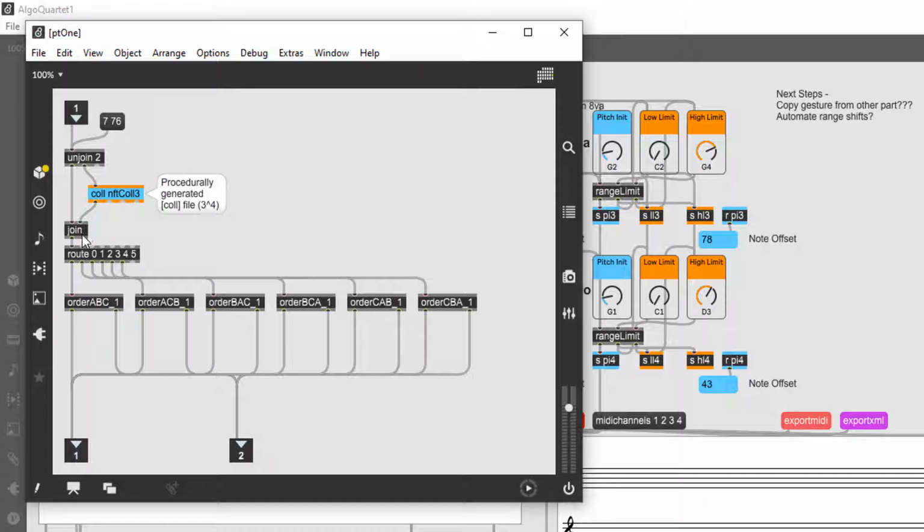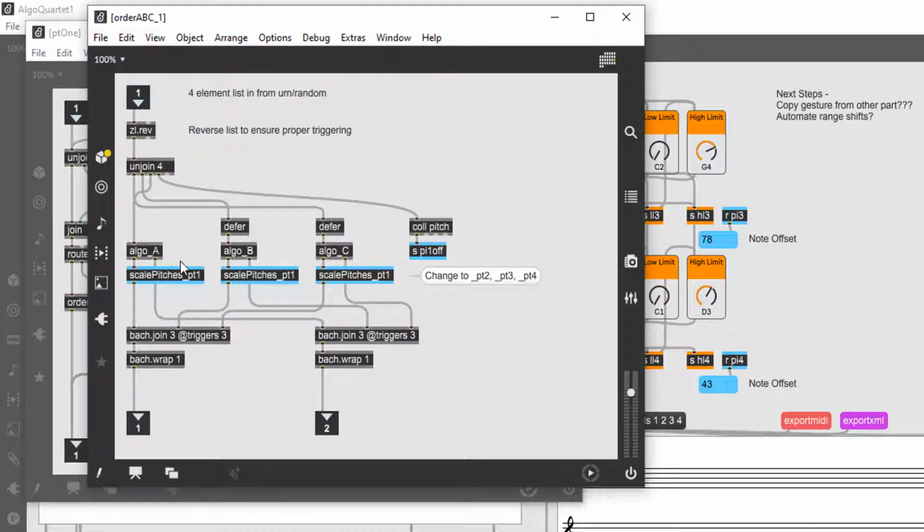Here, that coll is joined and routed with the voice number, with that going into an ordering. So you've got 6 possible ways to order that. And inside of that, you can see I've got algorithm A, B, and C, which will be replaced with colls just in different places. The first voice is stripped off, and that becomes the pitch offset. Then all of these are created in reverse order in order to make sure that everything is joined together and